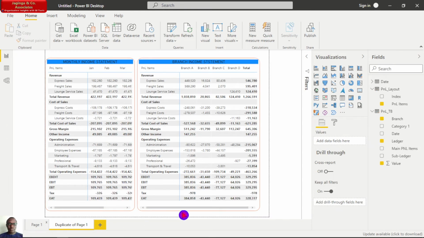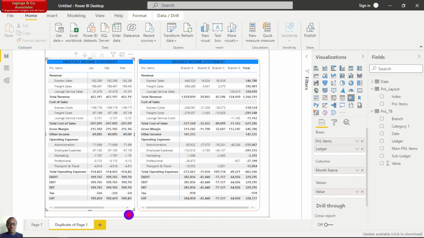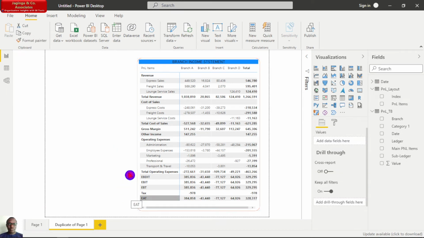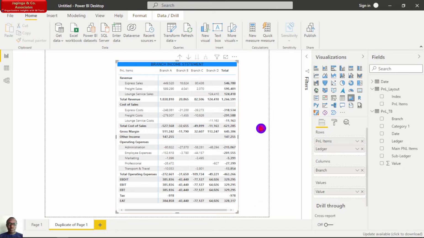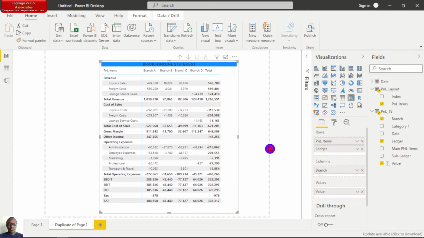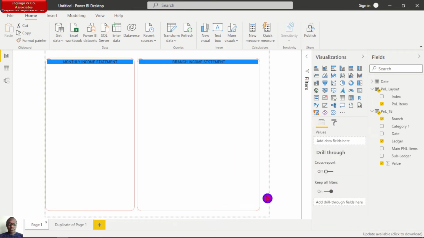So here I will do away with the monthly income statement. So now I can expand this one here. So this is our branch income statement, and when I come to this other side, I can do away with